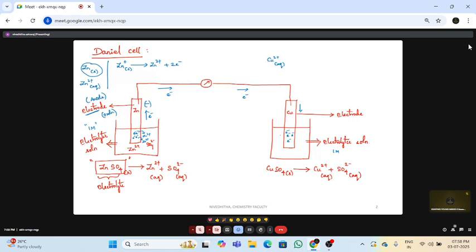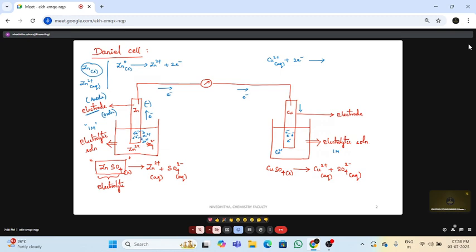So when these electrons are getting accumulated on the rod, the Cu2+ ion which is present inside the solution will gain 2 electrons. So each Cu2+ ion will gain 2 electrons, and it will get reduced to